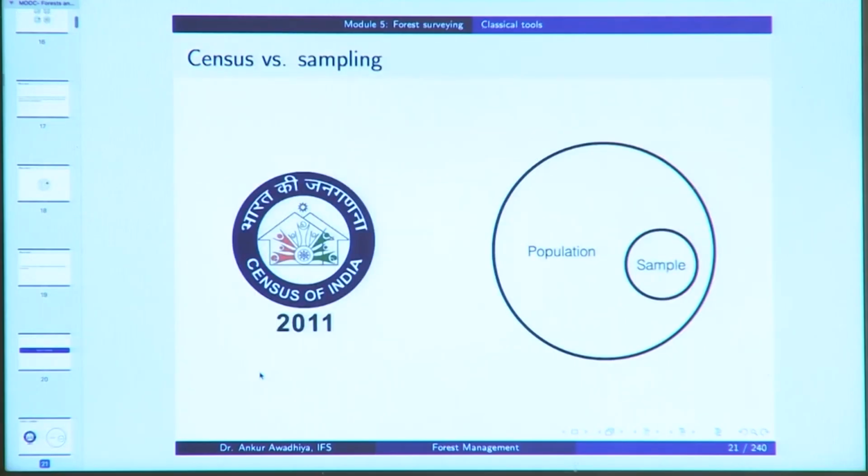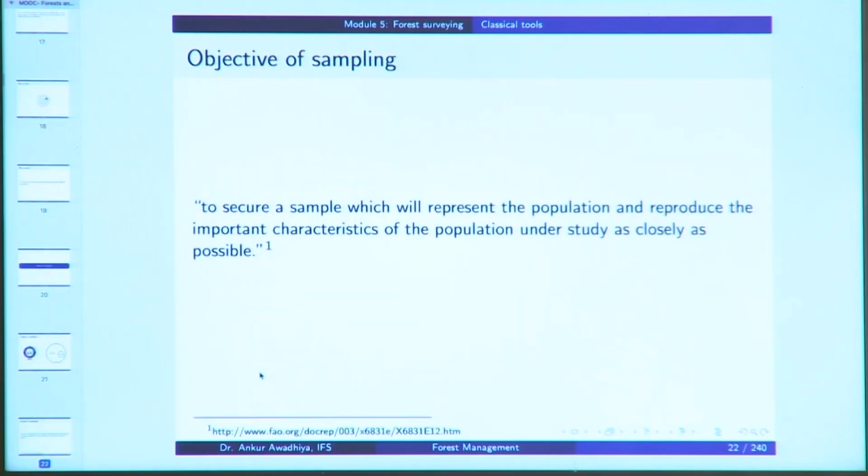Next, we looked at basics of sampling. So, there is a difference between census and sampling. In the case of a census, you measure everything. In the case of sampling, you measure only a small portion of the whole population. The objective of sampling is to secure a sample which will represent the population and reproduce the important characteristics of the population under study